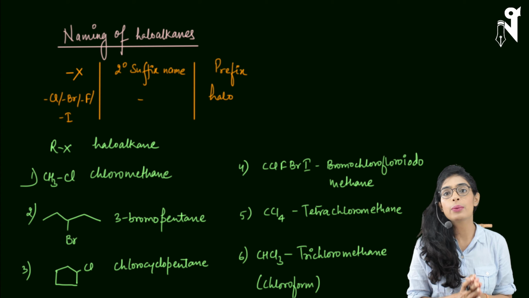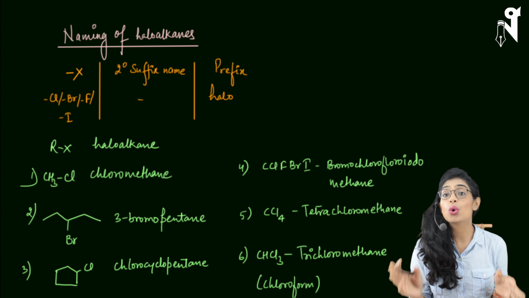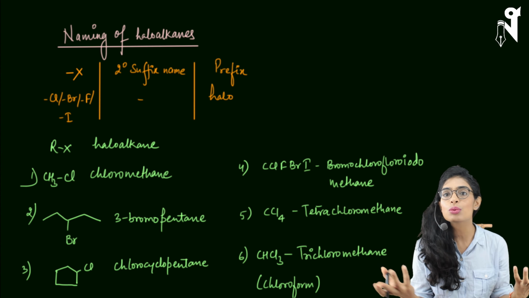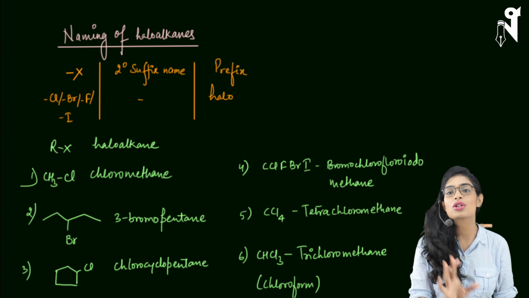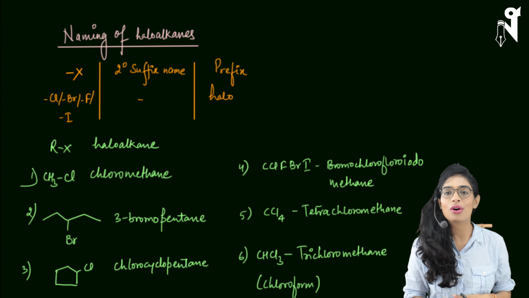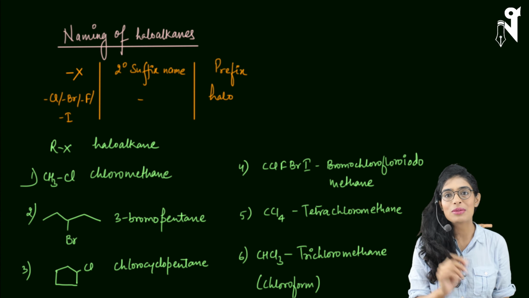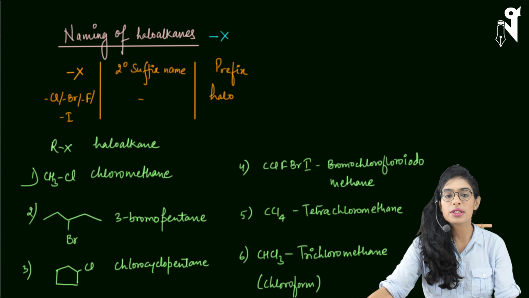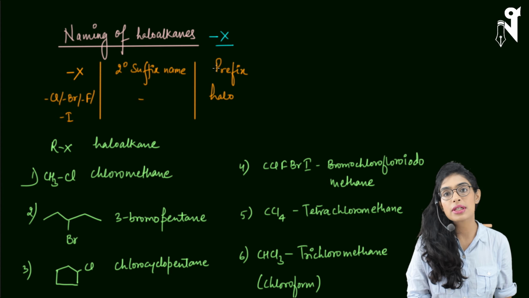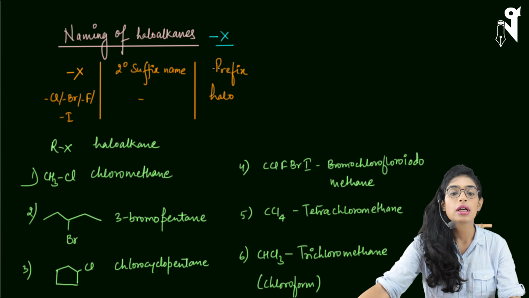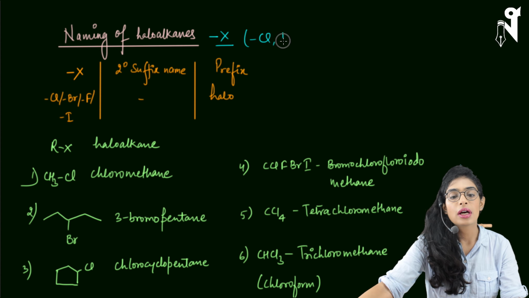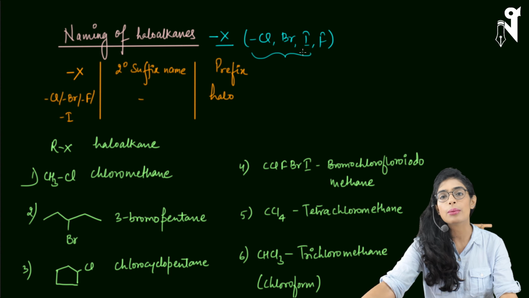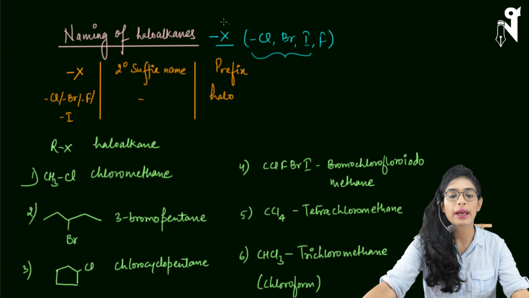Okay, so let's very quickly start with naming of haloalkanes. Though haloalkanes we have used throughout when we were doing nomenclature, so I'm expecting that you would already be knowing it, but just to make sure that you do not miss it out or you don't feel like we have not done this group, I'm just quickly going to brief you about naming of haloalkanes. Haloalkanes are represented by X as a symbol to represent halogens, and what all are the halogens? Chlorine, bromine, iodine, fluorine, all these four elements come under the halogen group. We know this through the periodic table. So we represent it by X.